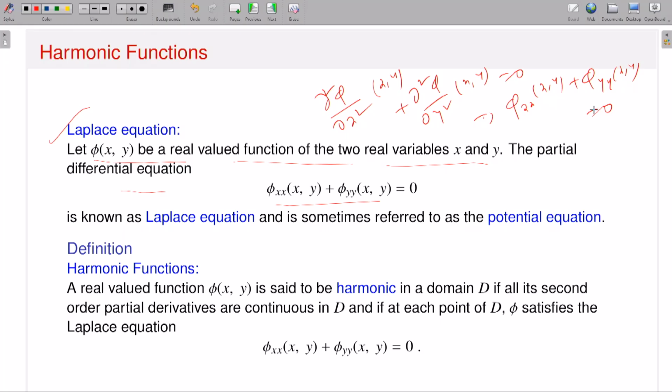So this is the Laplace equation. What is this? This is the second order partial derivative of phi with respect to x variable. This is the second order partial derivative of phi with respect to y variable. So if del 2 phi del x square at the point (x, y) plus del 2 phi del y square at the point (x, y)